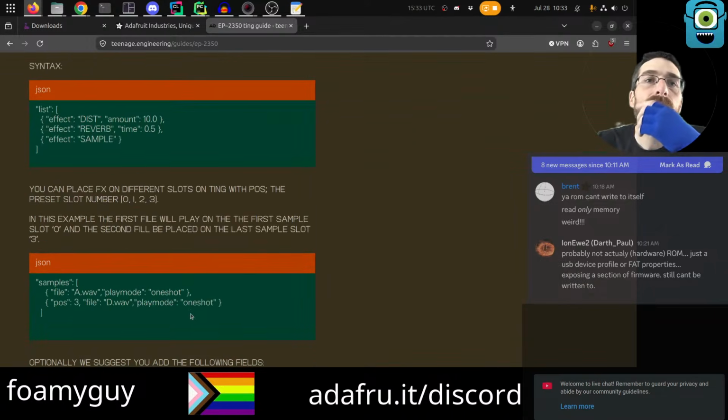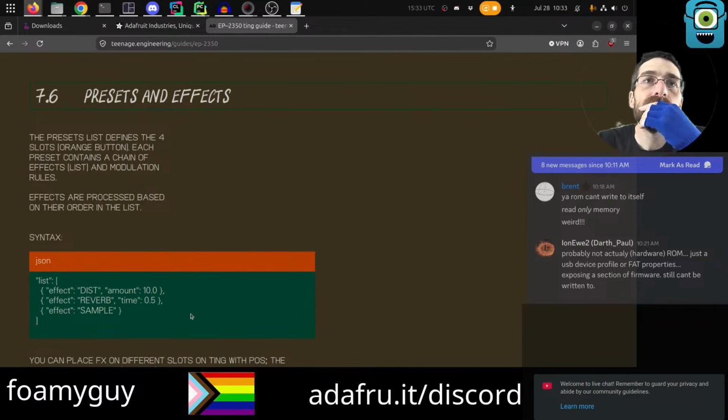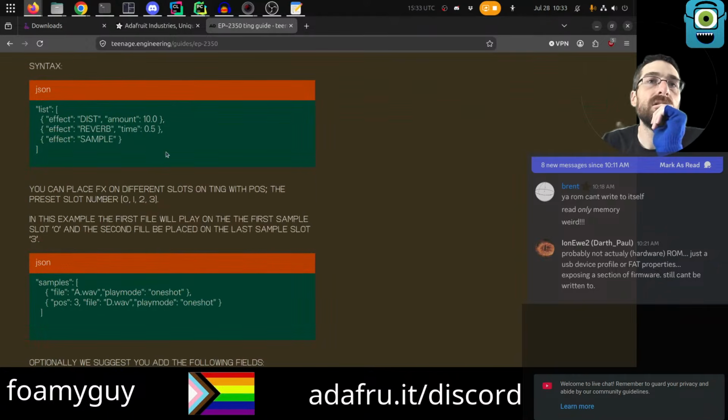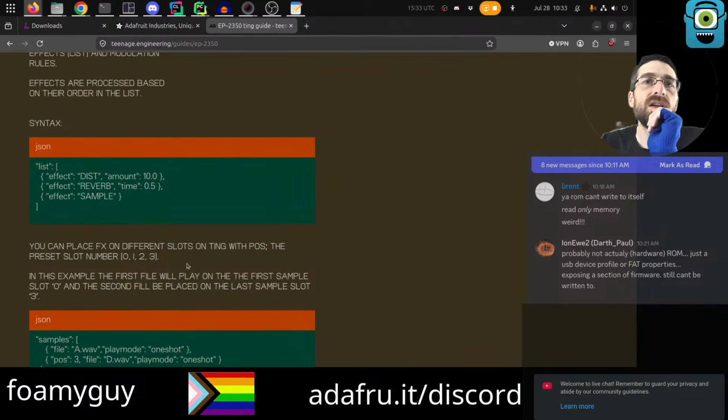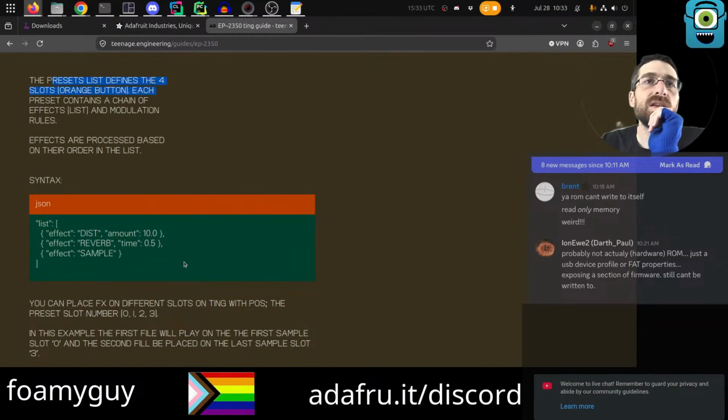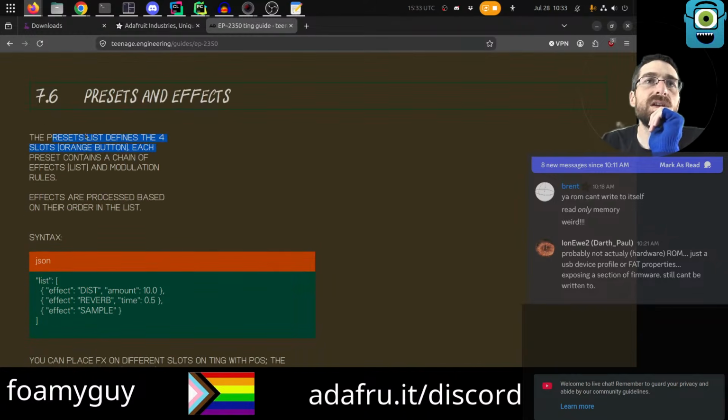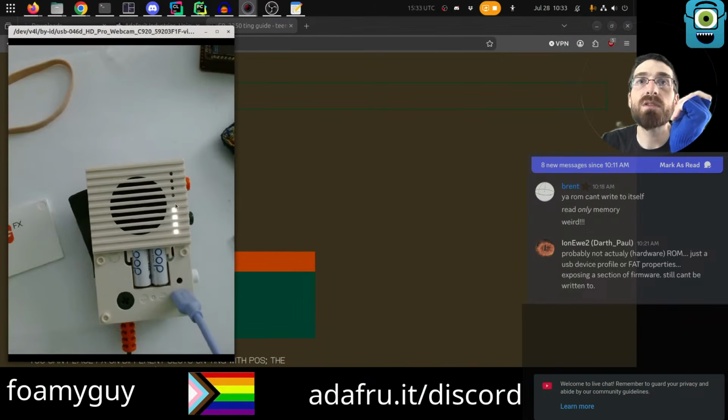The 3 slots is the orange button. The orange button. Okay. Presets are not... Are they wave files? The presets... The preset list defines the 4 slots, which is the orange button, which is the top button,